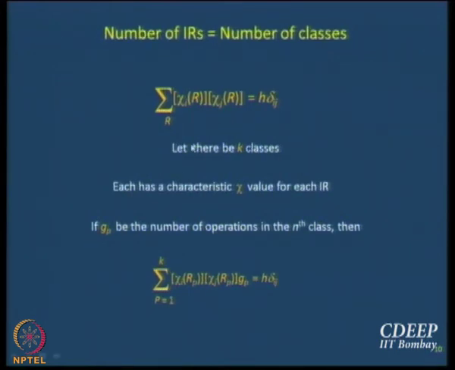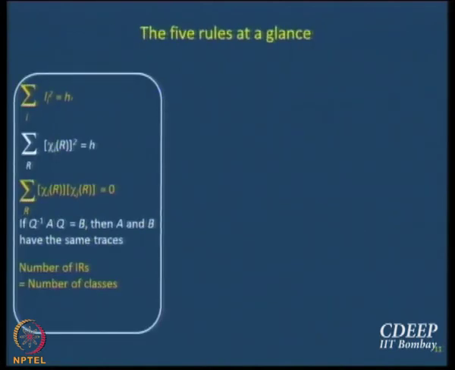Once again, we are going to discuss it in a little more detail when we come back. This also arises out of the condition that has to be satisfied by a set of orthonormal vectors, right. But the answer that we need to work with is: number of IRs is number of classes. So you have 5 relationships. What are the 5 things that we need to work with?